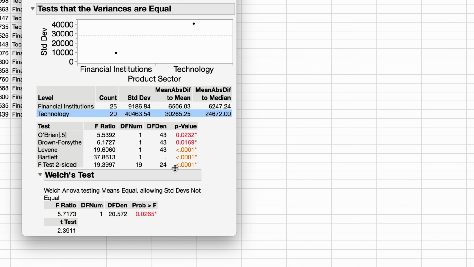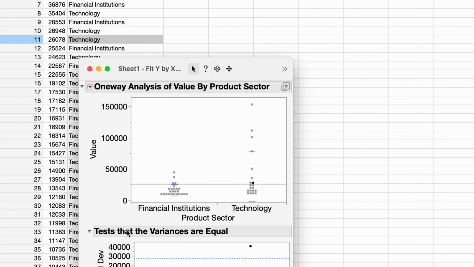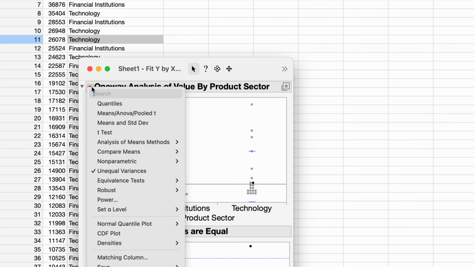So once we have this kind of evidence that the variance of the two groups is significantly different from each other, we can now choose the appropriate two-sample t-test option. Click on this red triangle, and since the variance of the two groups is different, click on the fourth option, which is t-test. If you keep your mouse next to this t-test, you will see that JMP shows or hides a t-test report assuming that the variances are not equal. So click on it,